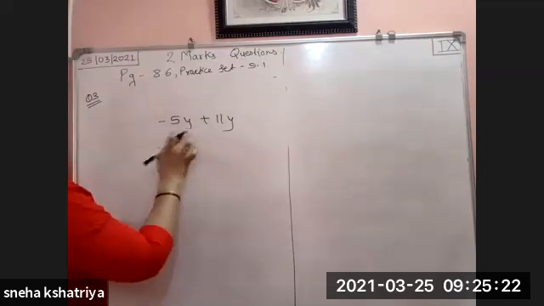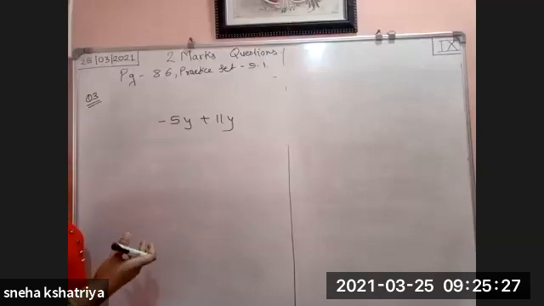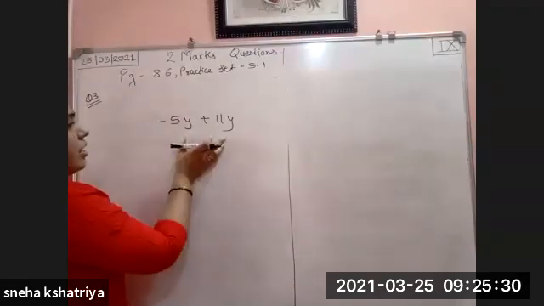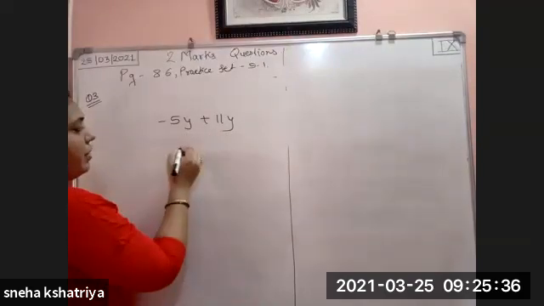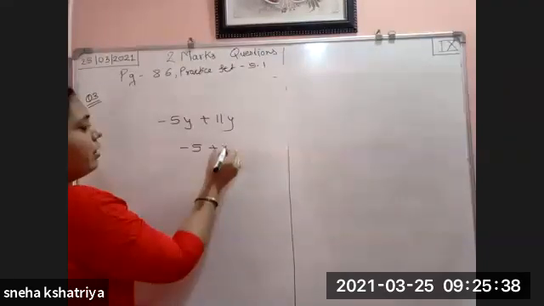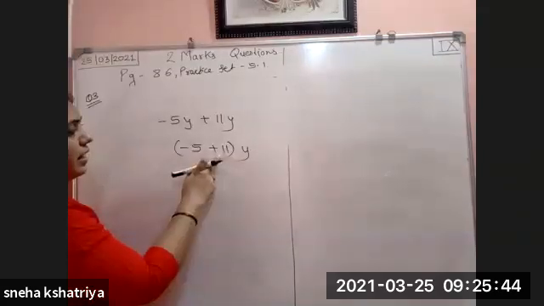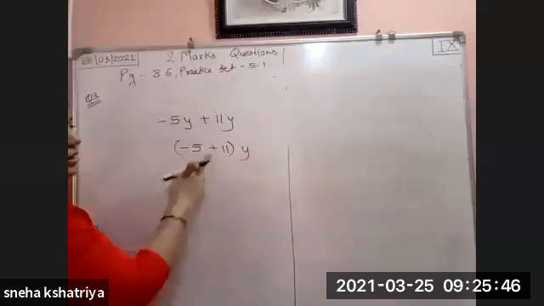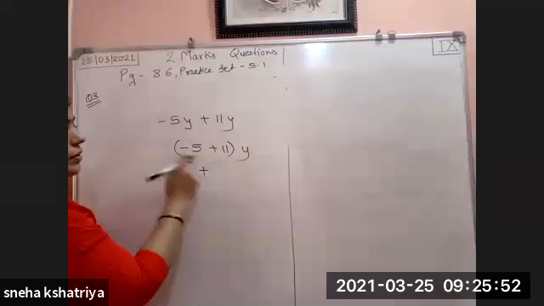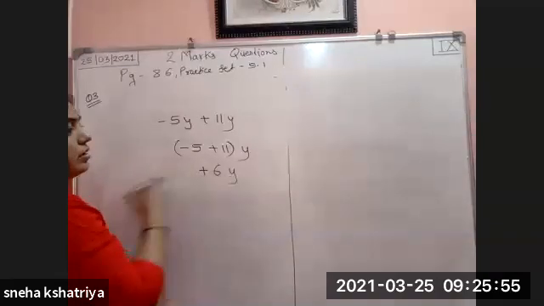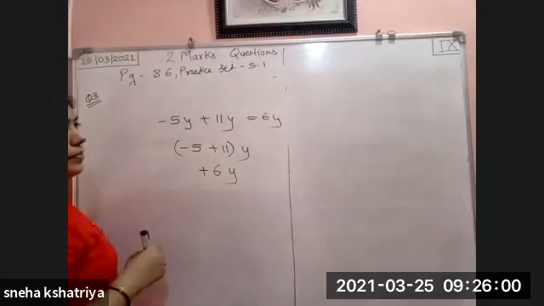After adding any variable, if a variable is added here, y and y, then again it becomes a confusion. What you have to do here, y is the same value. You can take it common outside. So what remains in the bracket? -5 plus 11, because outside the bracket y is there. So -5 plus 11, how much will it become? Again, see here, 11 is the greater number, take its sign. So addition will come, 11 minus 5. So how much is it? 6. This is 6y. So here we can directly write down the value as 6y.